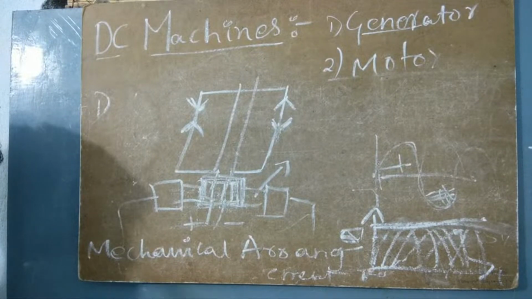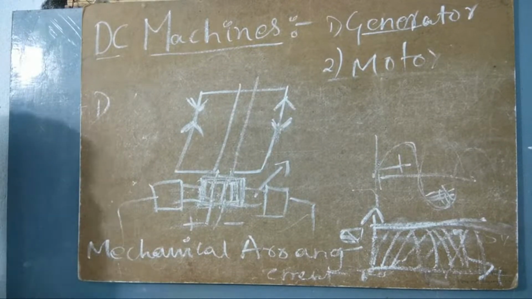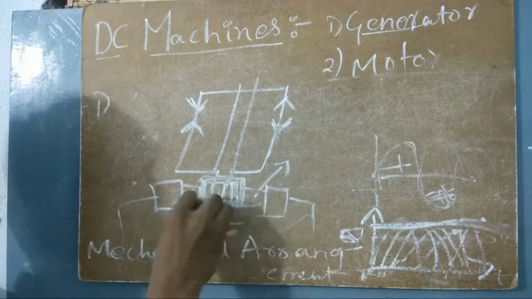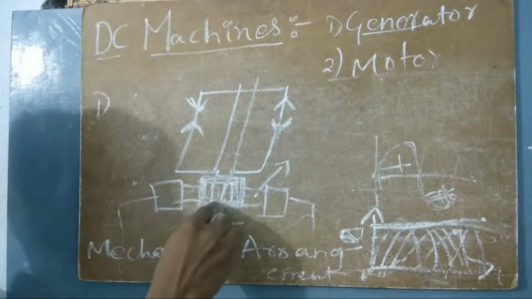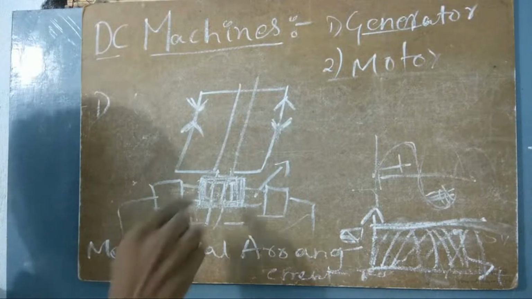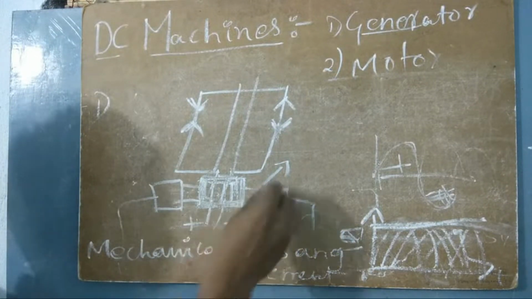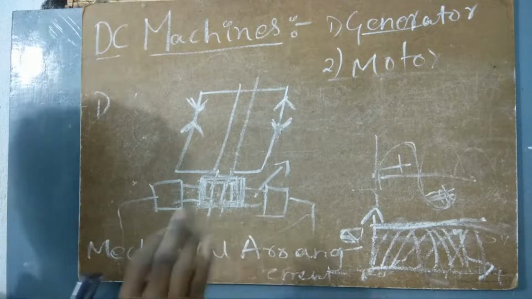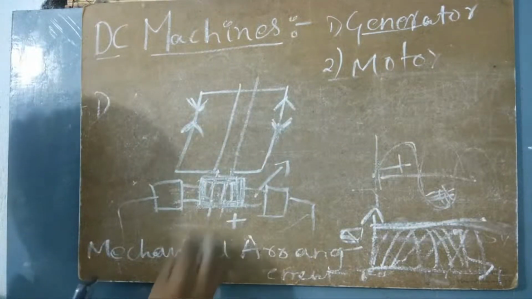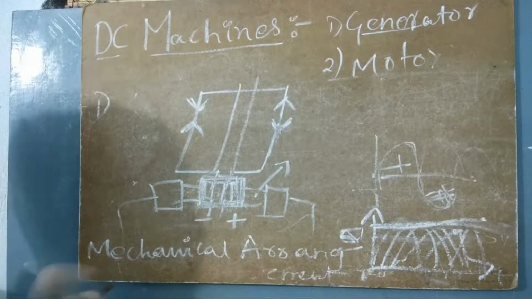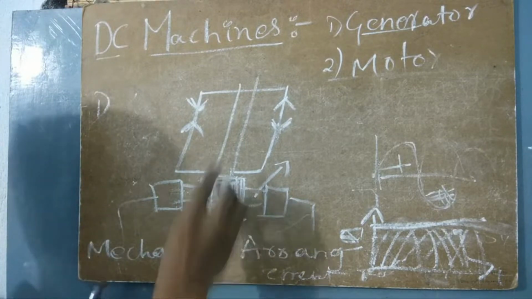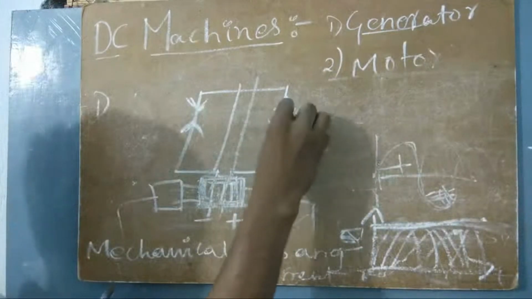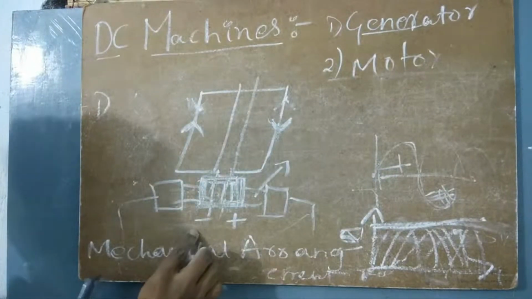Sai Charan asks about negative cycles being cancelled. See, this commutator is designed or constructed in such a way that it won't touch when the negative cycle is happening. Let us understand this. For example, when I say this is positive and this is negative, I want this to be constant forever. Whenever the negative cycle is coming, that is, when the direction is like this, it is positive and this is negative.